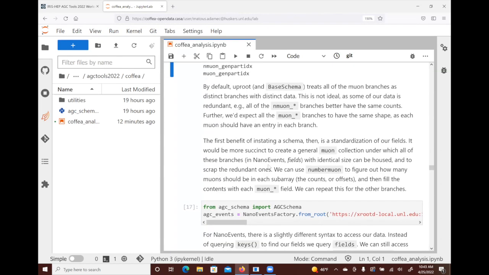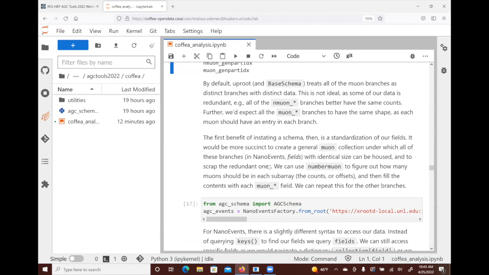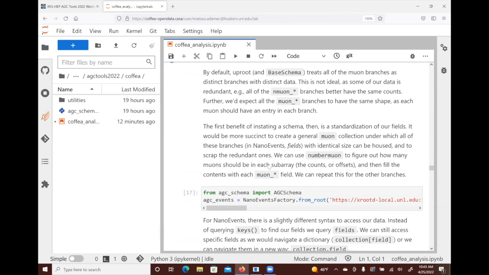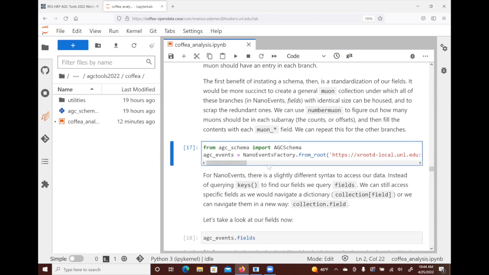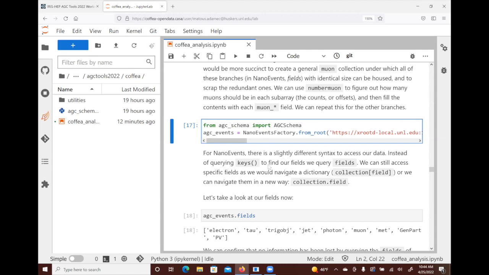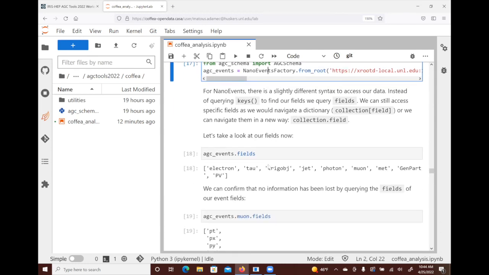If we scroll down a little bit, there's a long explanation here about that, which is basically what I did. I created a schema specifically for this file. You can create a schema for any n-tuple file format. Schemas already exist for the most common file formats, at least in CMS. We have things like NanoEvents, and the coffea team also welcomes it if you need to make your own schema for some common file format, to submit that so that other people can use it as well. But again, I've just made a schema for this specific file. Essentially what I've done is collapse all our branches into these